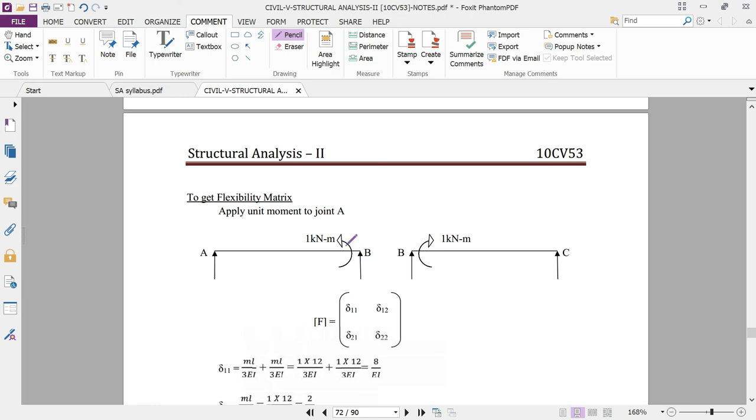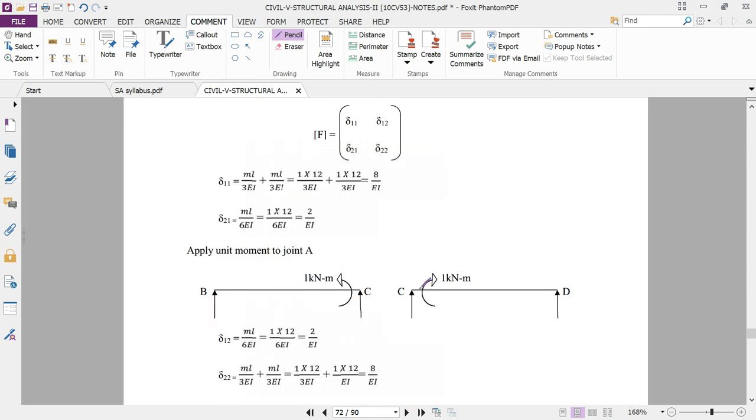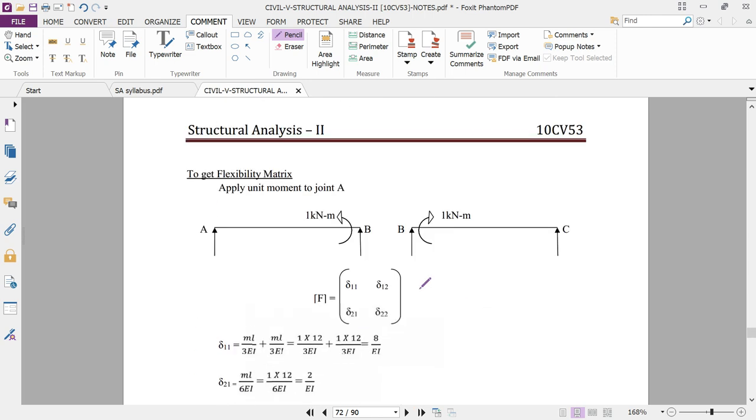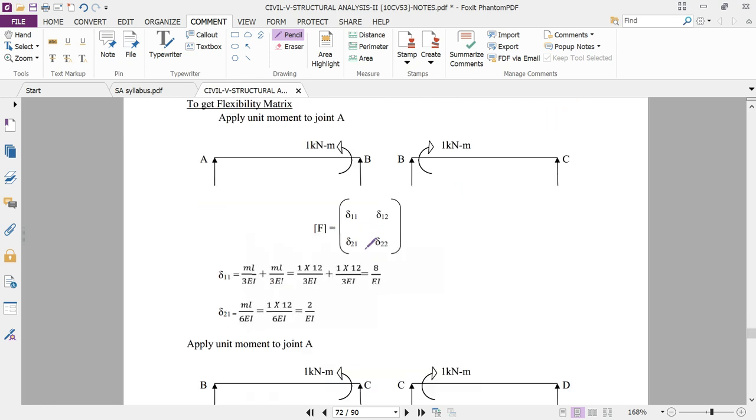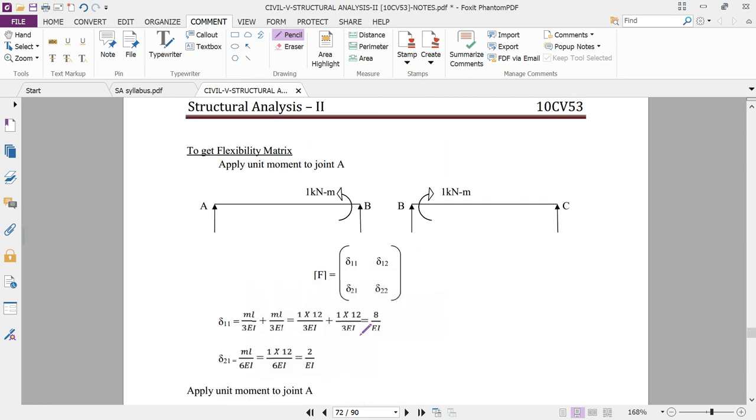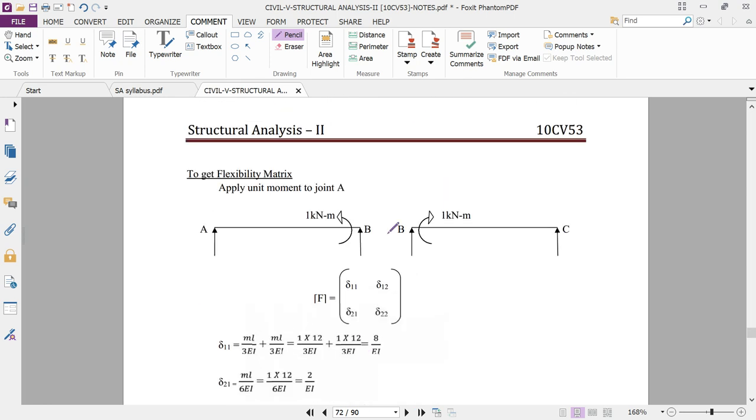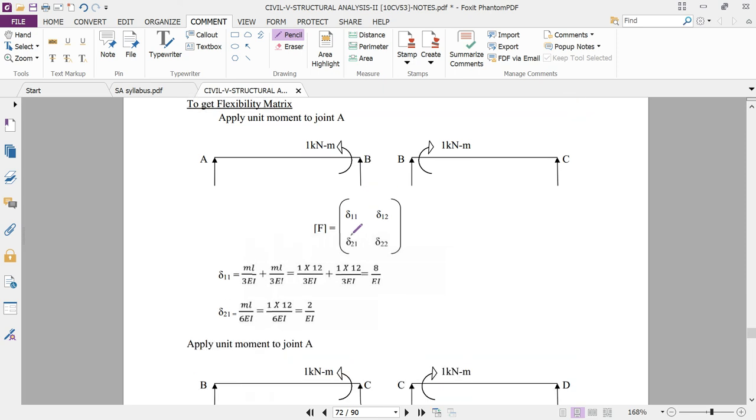So here you have to apply 1 kilonewton meter, and here you have to apply 1 kilonewton meter. Why have we applied this particular moment at point B only, and at point C only? Because we are interested in calculating the unknown moments, moment of B and moment of C. So wherever we are interested in calculating the unknown moments, we have to apply the redundant as a unit moment in that particular section. So here F is equal to [del 11, 12; 21, 22]. This is the formula